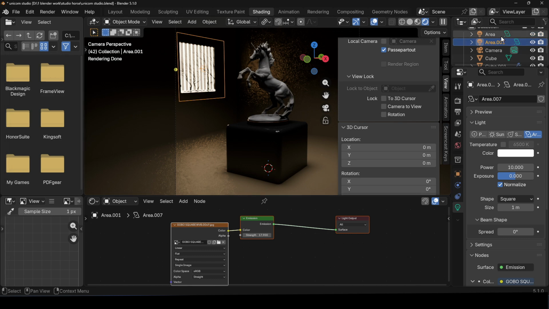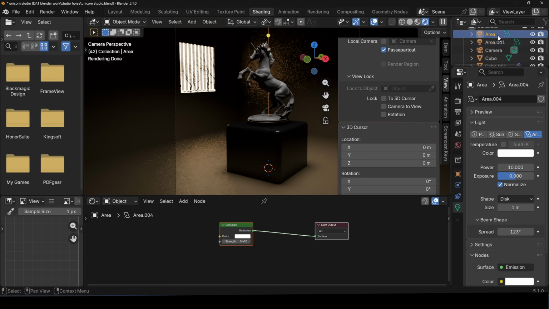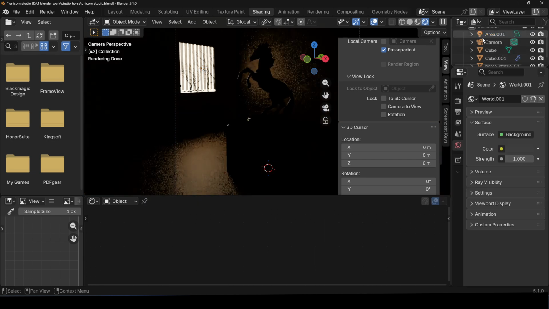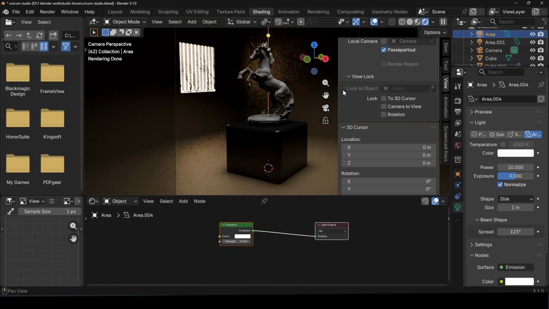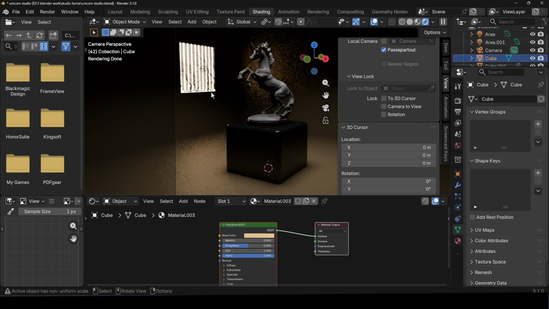And if we actually get rid of the area light above us, X, just to see, as you can see, it's picking out bits of the horse on the background, just like that. You see them? And then just Z to undo that, because we want a little bit more lighting on our scene. So we've got one window,